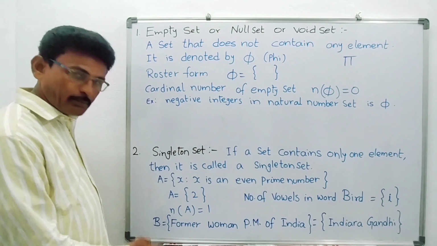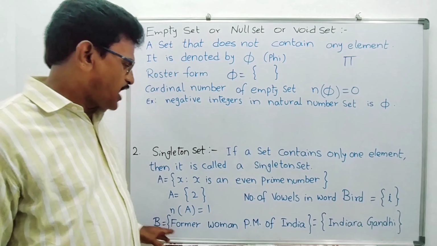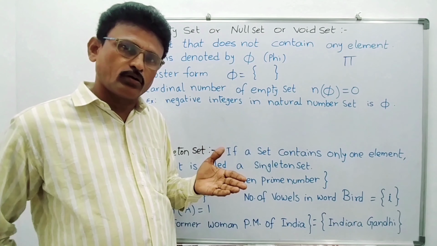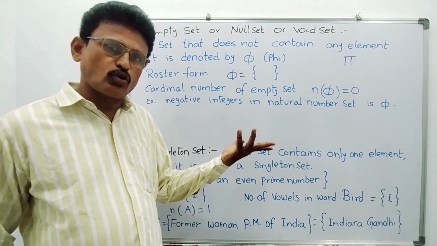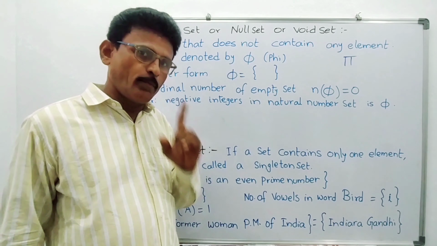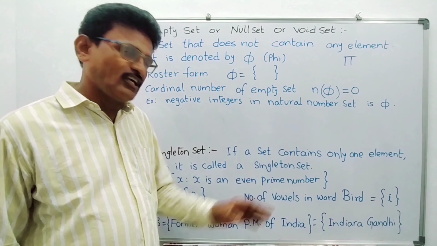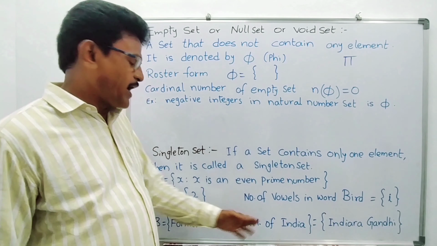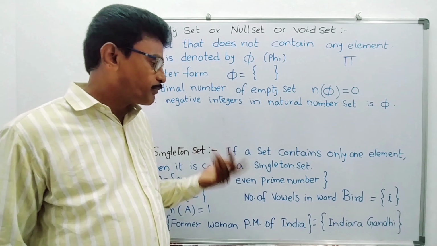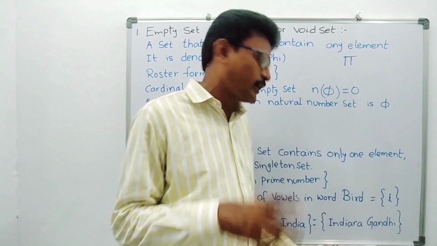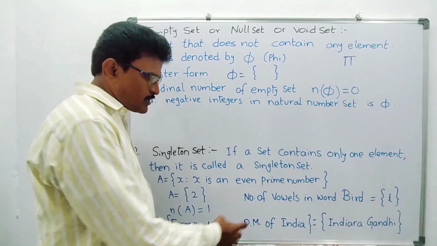See, one more: set B, the former woman Prime Minister of India. The Prime Ministers from Jawaharlal Nehru onwards were all men only. But among ladies, only one woman, Srimati Indira Gandhi, ruled India. So in the Prime Minister list we will get only one element, Indira Gandhi. One more example I have written here: number of women